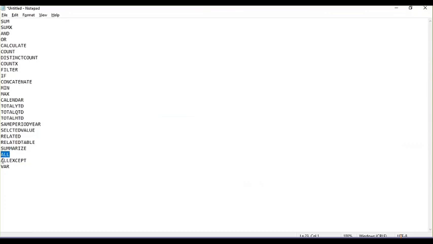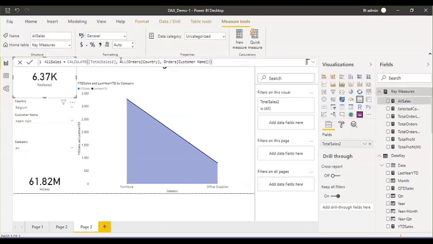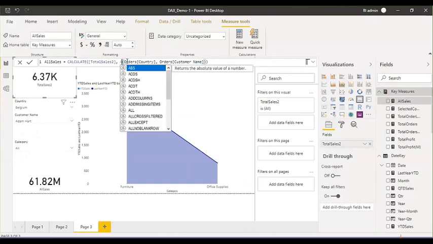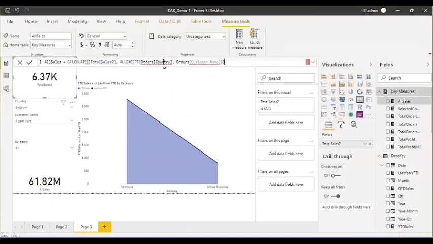But if you want something like, except these columns, data should be filtered, then we can use ALLEXCEPT. Let me modify the same one. This is ALL, right? Based on these two, right now data is not filtering. If I just change it to ALLEXCEPT, now what will happen? It will return all the records. It means it will filter all the records except these two columns which I defined here, right? It will not filter those columns actually.